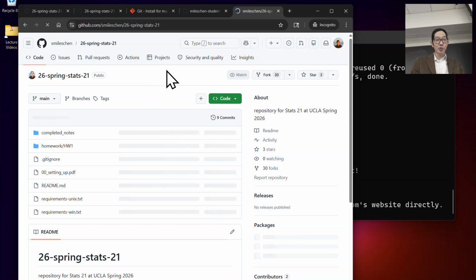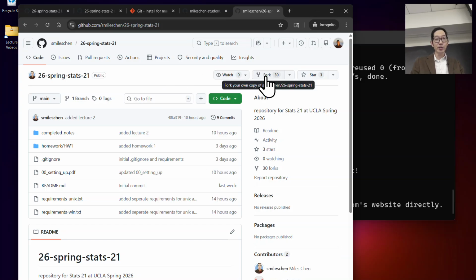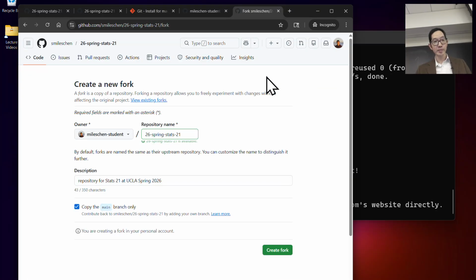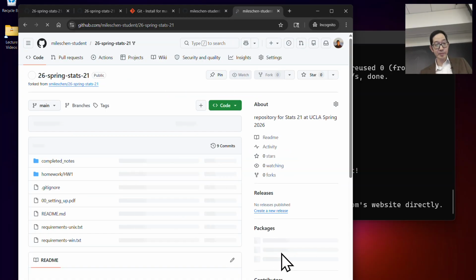It looks like 30 students. So now it's going to say create a new fork. It's going to say the owner. This will be your name. So Miles 10 student. The GitHub repo is 26 Spring Stats 21. I'm going to go ahead and create a fork here. And so now this is on my account, the student account. Miles 10 student. So it'll be your username, 26 Spring Stats 21, okay? And then now,